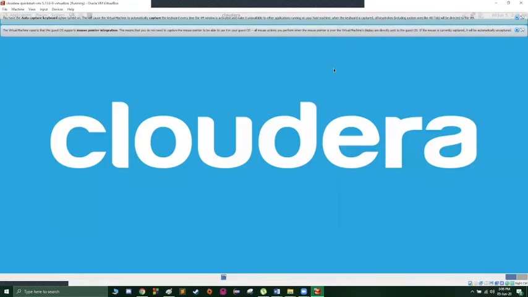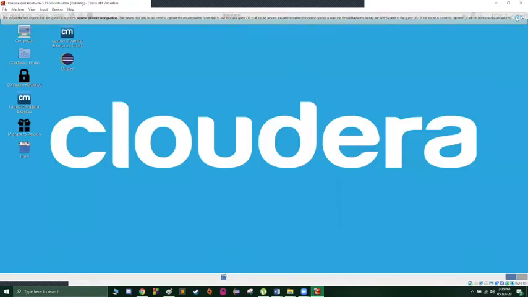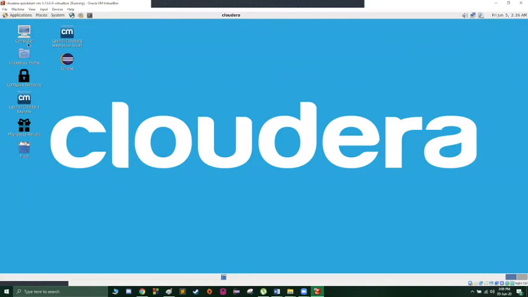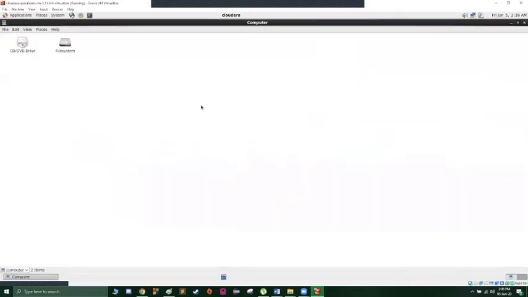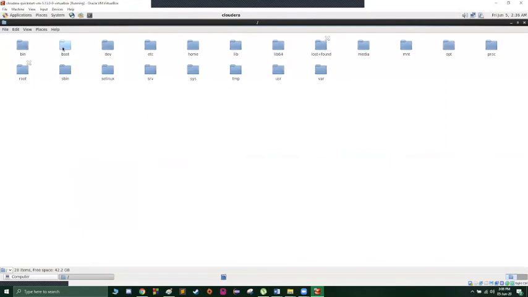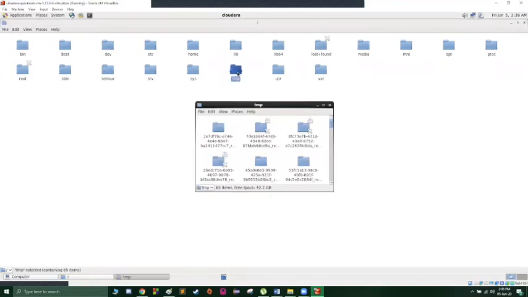Yeah, so I'll just quickly launch my virtual machine, which is our Cloudera virtual machine version 5.13. So this is what a virtual machine looks like. Now I'll just quickly go into my computer. This will take a couple of seconds to load. Yeah, so I'll just quickly go into my system files, which contain all the virtual machine files and folders, and I'll show a couple of folders and see what they contain.